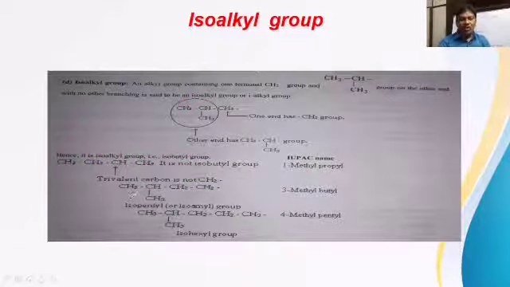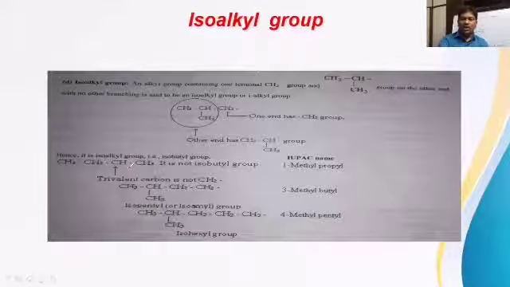Isopropyl. Why can it not be called isopropyl, isobutyl? Tell me. The reason is that at one end CH2 should be there, and that is not there. And at the other end, isopropyl should be there. So the isopropyl group at one end is not available, and the CH2 group is not available at one end. That's why this group cannot be called isobutyl, but it is called secondary butyl.